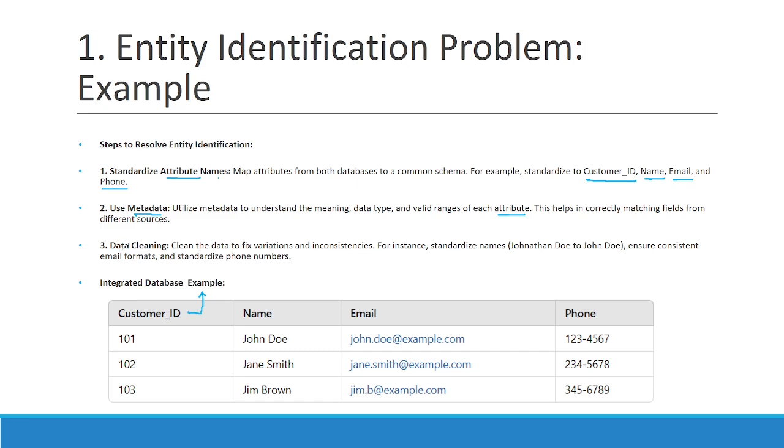step to resolve entity identification is data cleaning. Okay, so you have to clean the data to fix variations and inconsistencies. Like we saw that customer IDs were different in both data sets, so to fix that variation you have to decide one thing: either take it from the first table or from the second table, right? Because one customer cannot have multiple IDs,